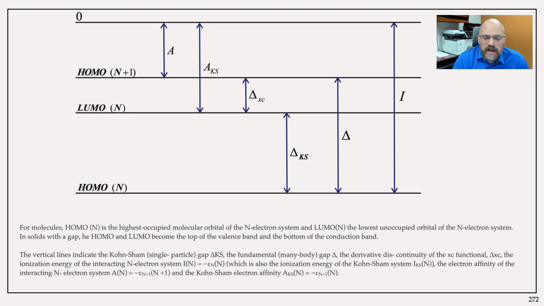The highest occupied molecular orbital for n plus 1 electrons is actually not the same energy as the lowest unoccupied molecular orbital for n electrons. When I talk about HOMO and LUMO here, of course, I'm talking about the Kohn-Sham states. And the difference between them, which is really due to exchange and correlation, the delta XC, is what you are missing out. So in this plot, for example, I'm showing you the values where